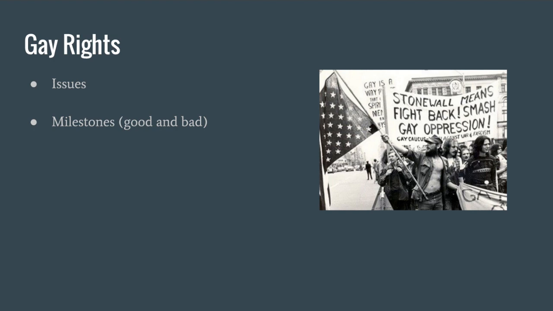This purging was known as the Lavender Scare, kind of like the Red Scare. It was similar in this idea that somehow the federal government was being infiltrated by both communists and gays. So, good job, America. In 1953, President Eisenhower signed Executive Order 10450 banning homosexuals from working for the federal government or any of its private contractors. Again, citing homosexuals as a security risk.